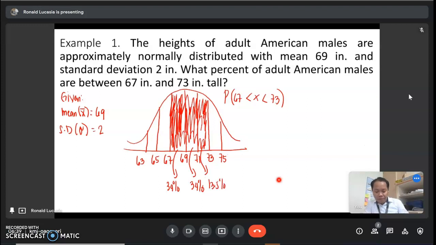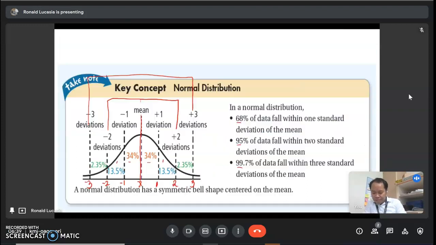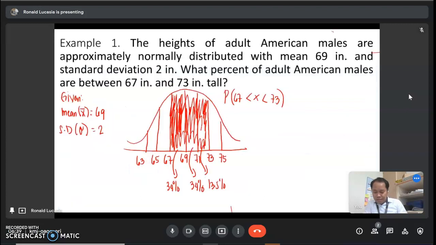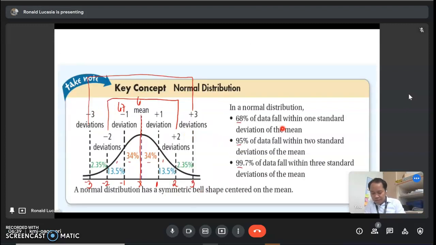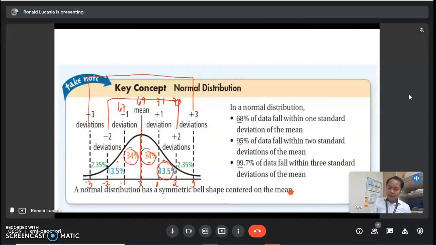Where did I get that? Remember the previous slide here. So this is the 67. This is 69, this is 71, and this is 73. So you have there 34, 34, and then 13.5. So you add that,